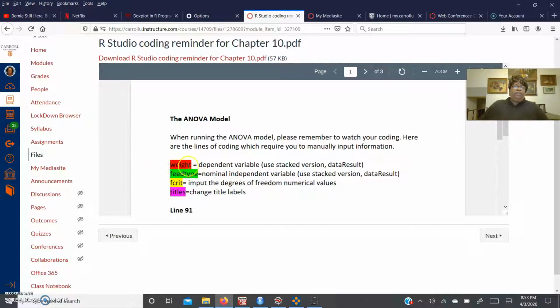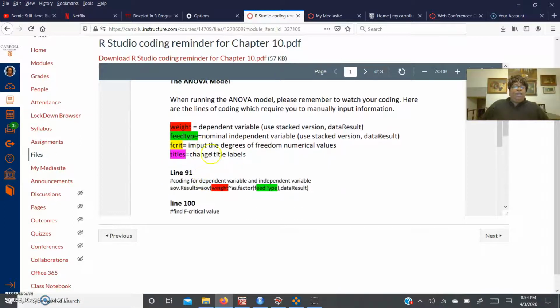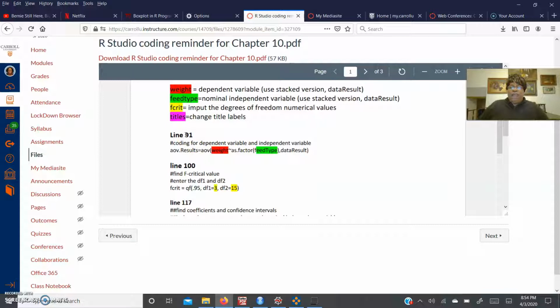In the example that we use, the weight, I believe this was in kilograms, was the dependent variable. And then you had a categorical variable of different feed type diets. So make sure you identify the dependent variable and your categorical variable. You'll need to know the critical value, and also you can change the titles of the plots. And what I did was I created notes to remind you when you need to change the variables in the R script line. So around line 91, you'll see this code,